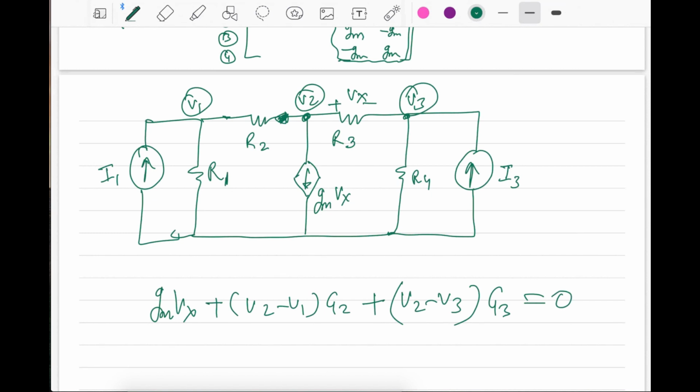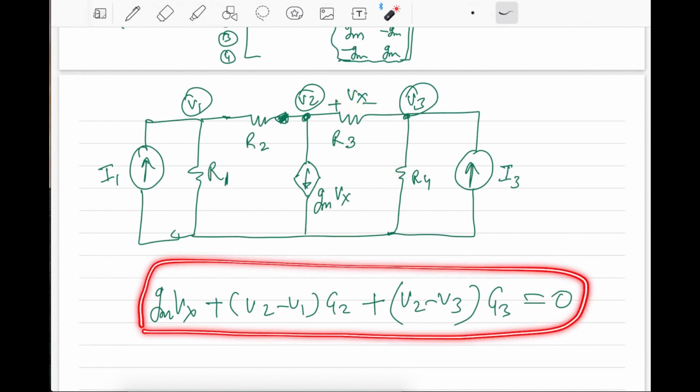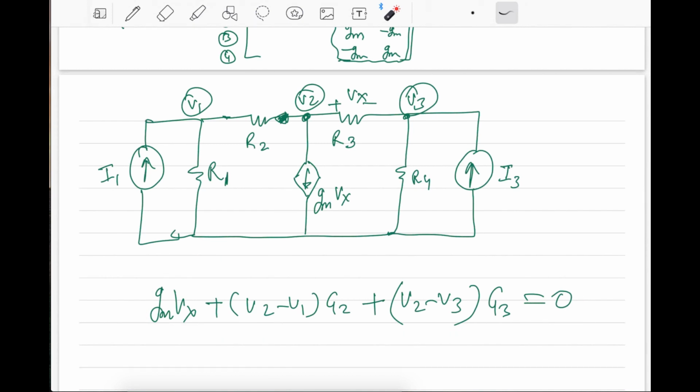Here, because it's a current source and you already know the value of this current source. Earlier, with the voltage source, we did not know what exactly the current flowing was. That's why we were writing a supernode there. But here we already know the value, and that value is gm Vx, and Vx is the voltage generated at this point. So here you can write this equation easily. But now the problem is that we do not know Vx. So we can write Vx very simply, right? It's V2 minus V3, or not? Yes. Right? So this is the one.